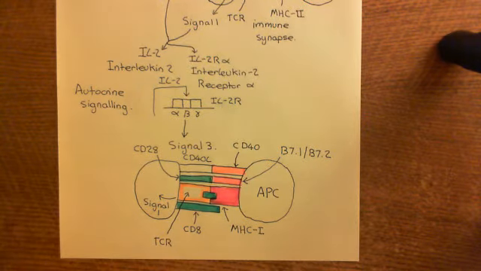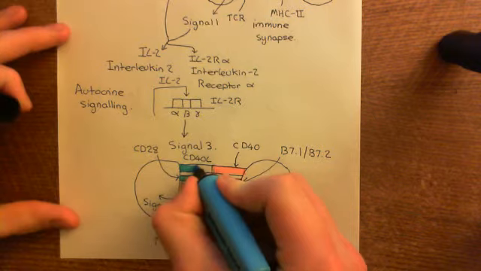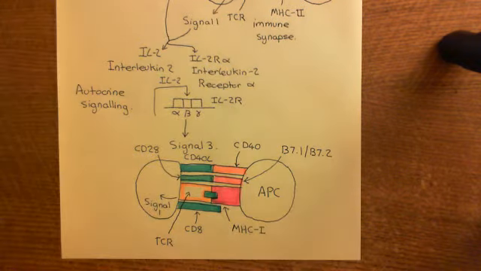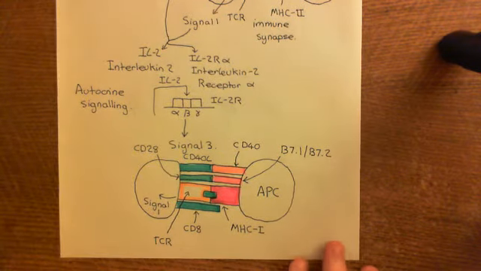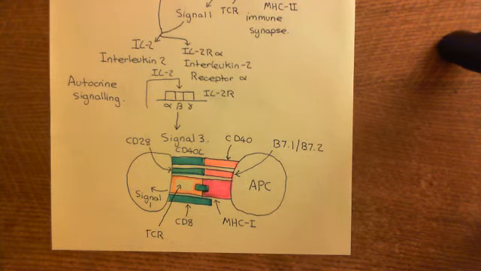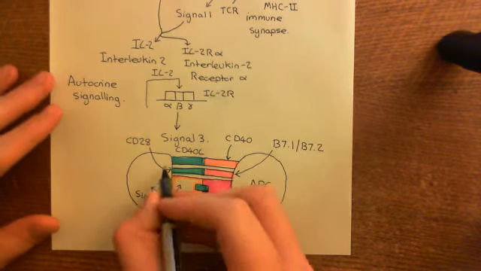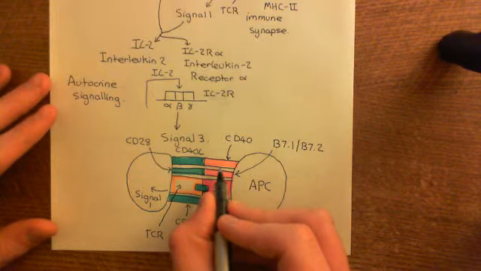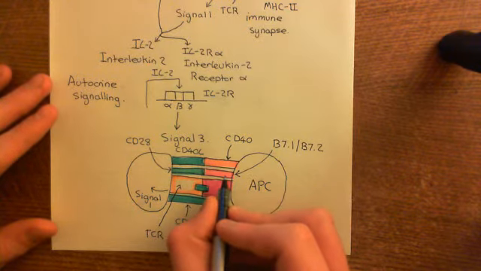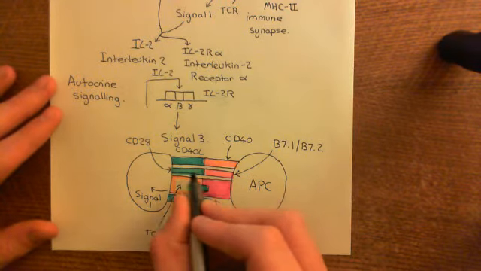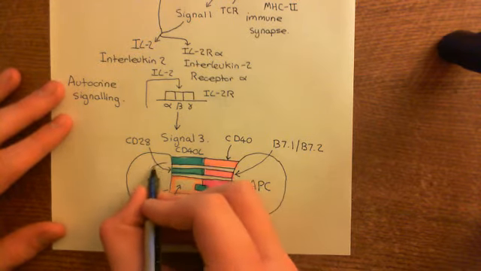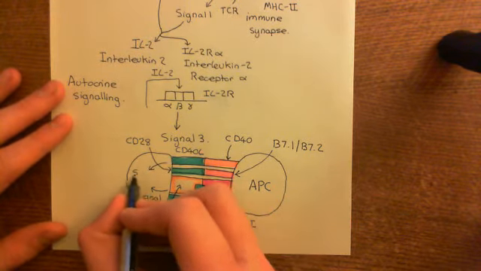Okay, and here is CD40 ligand, which we'll draw in blue again, because I'm running out of colours. And I can't bring myself to use yellow, it will never show up in this light. Right, so when CD40 binds to CD40 ligand and B7.1 or B7.2 binds to CD28, this delivers signal 2 to